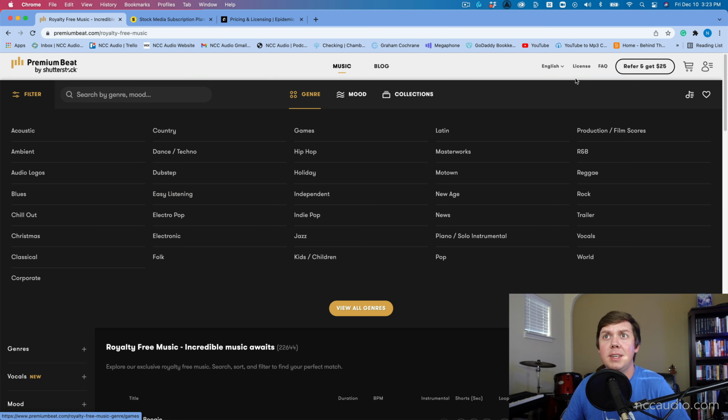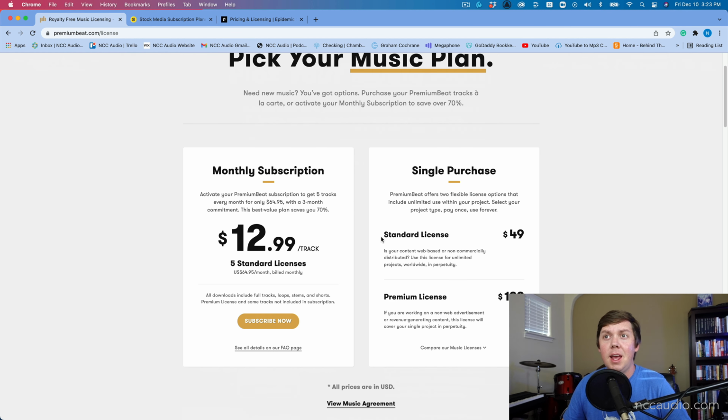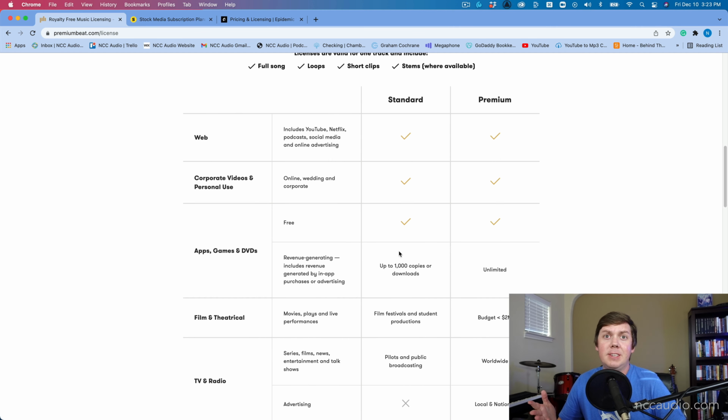So let's look at the pricing here. We'll go to license, and as you can see here, there are 2 different options. You have your standard license and your premium license. And you can see the difference between the standard and premium here, but I'm just going to point you to right here, podcasts. So the standard license is what you're going to choose if you need music for your podcast production. Even though this may seem kind of high compared to the other music providers we're going to go over, the fact is, once you purchase it one time, you get the license for life. Okay, let's move on to option number 2,